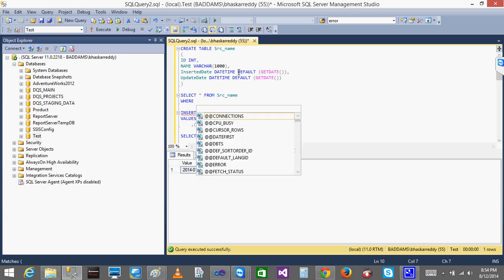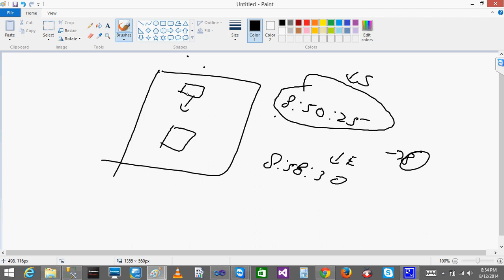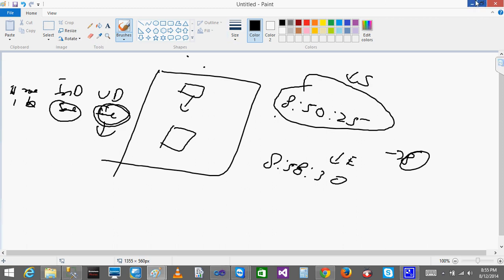inserted date or updated date. Basically, when the record is inserted, both inserted and updated date time will be the same. When the record is updated, the insert date time stays the same. In the companies, they will have this way. The source table will have the inserted date and updated date. If I have the record ID 1 and name A, inserted date and updated date will be the same when I insert a record. When I update A to B, I will not touch the inserted date, I will touch the updated one only. So that's why I need to filter on the updated.